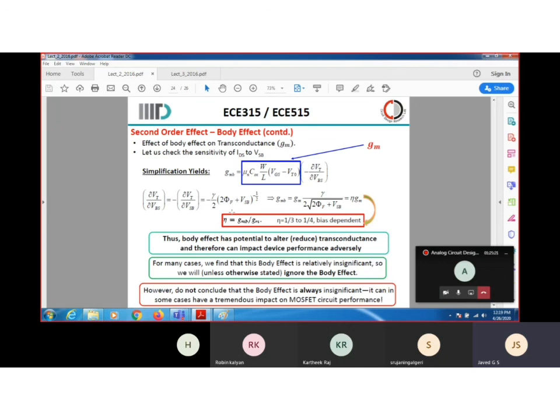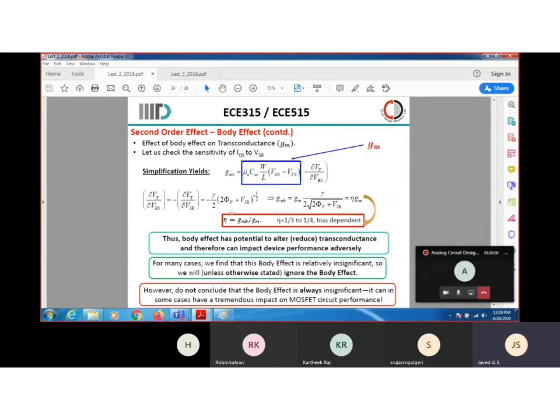Another place you will find that extremely useful is in the matching network for your LNA and power amplifiers, because that is also temperature and process dependent. And you have to see that your matching network is stable across temperatures. In the low noise amplifier itself, to understand how much noise it is going to pick up, which is the temperature dependent noise, your flicker noise or your resistive noise, that will also be there. Another place where it definitely affects is your power amplifier, when you have something called power added efficiency, PAE. This PAE will vary with temperature.